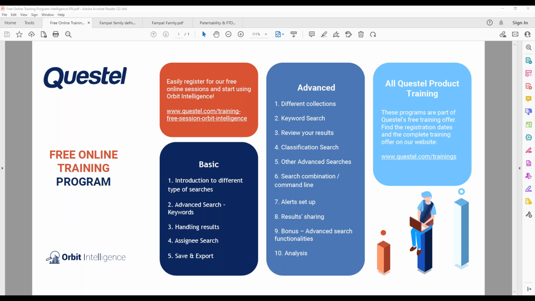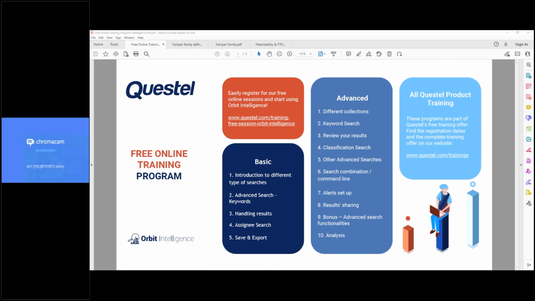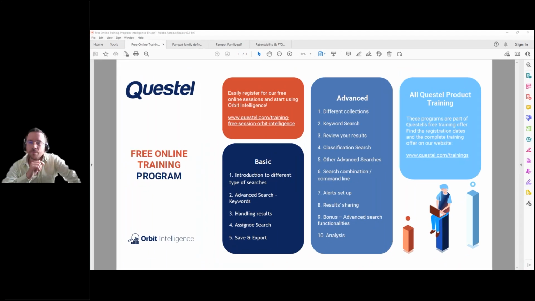Right. I see some more participants coming in, so maybe we can start with the agenda of today's session. You can see the program for the advanced session and the topics that we are going to speak about.